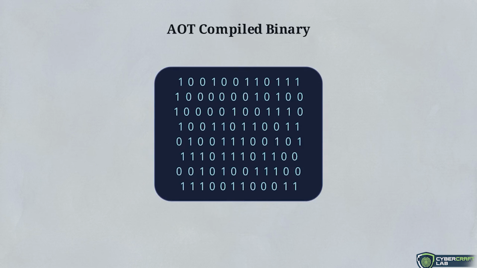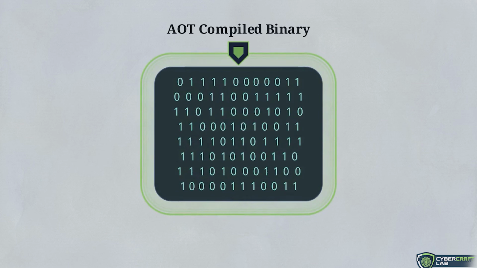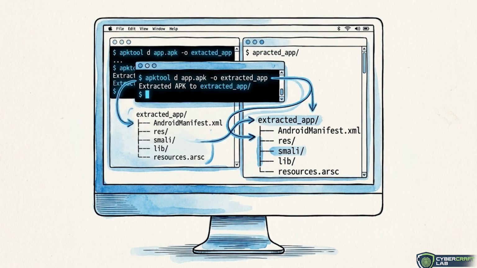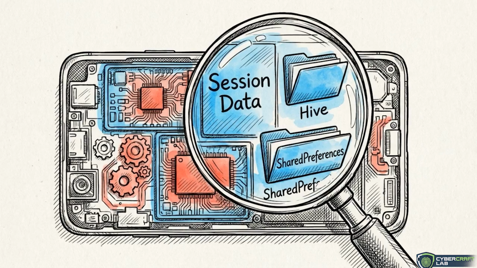Many developers believe AOT compilation acts as a shield that prevents reverse engineering. In reality, any attacker can use basic extraction tools like APK tool to decompile the application package. Once extracted, standard terminal commands are often enough to scrape hard-coded API keys and backend secrets directly from the application files. The risk is compounded when sensitive session data is routed to unencrypted local storage formats, like shared preferences or